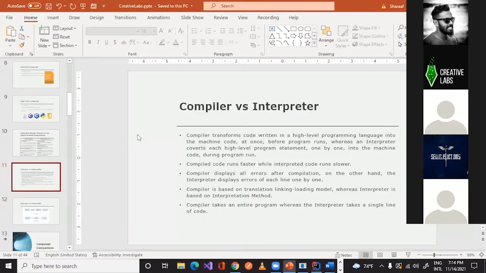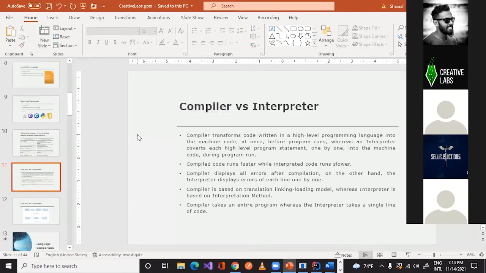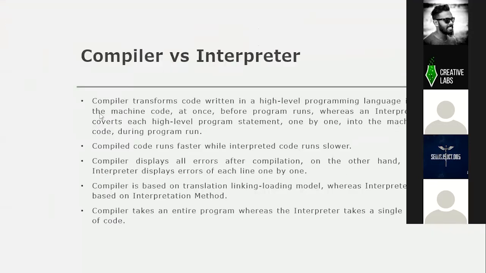That class file for a Java file, or a C# file, so C# behaves differently. There it will be creating DLLs. Here we are creating .class files in Java, right? So that depends on the language that we are choosing. But remember, this compiler will transform our code into machine code at once, right?